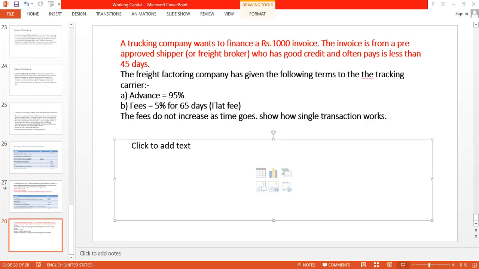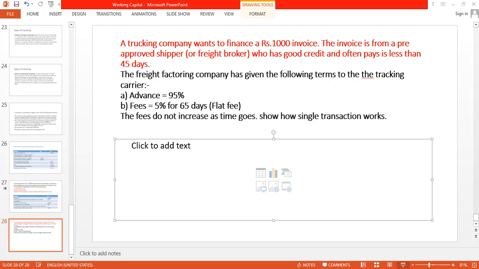The freight factoring company has given the following terms to the trucking carrier. Advance 95%, fees 5% for 65 days, flat fee. The fees do not increase as the time goes. So even if he pays in 65 days or within 45 days, the fee will remain the same, 5% on the